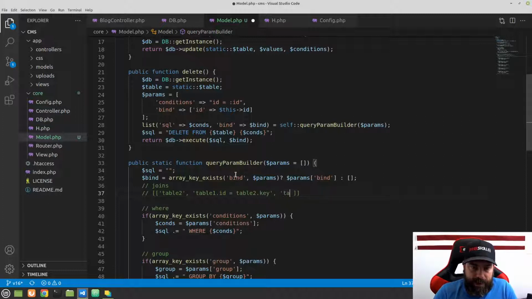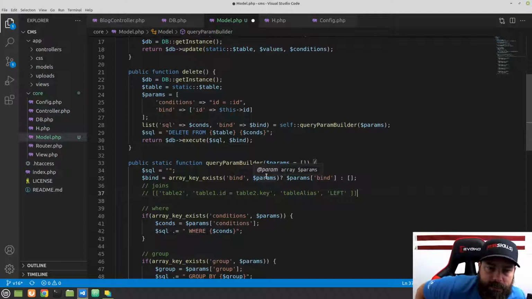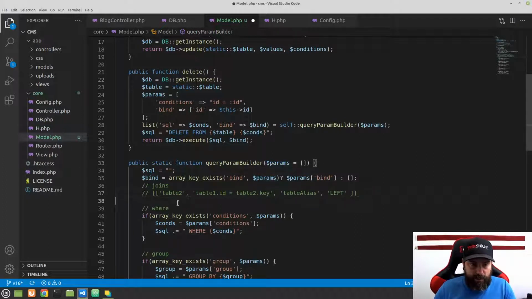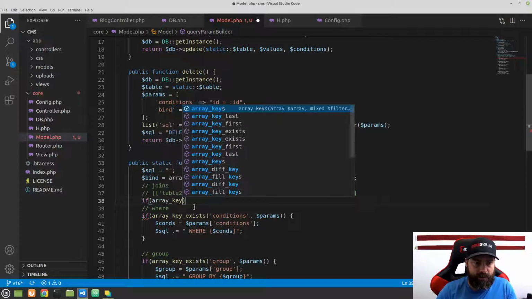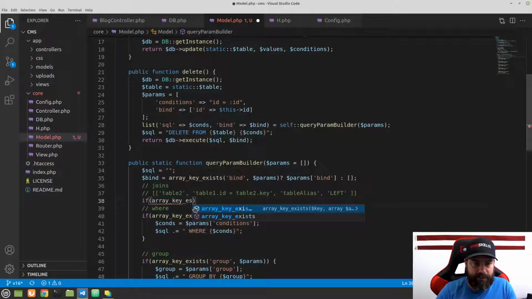And then we're going to be able to pass in a table alias if we would like. And then we will pass in the type of join. So in this case, it could be a left join. So this right here is just the format that we're going to use, and we can join on as many tables as we want in this fashion. So what we're going to do here is we are going to wrap this whole thing. We're going to say if array key, just like before. So if array key exists,